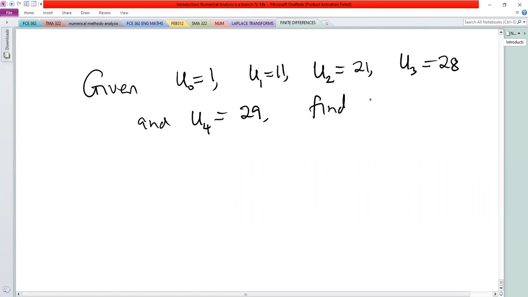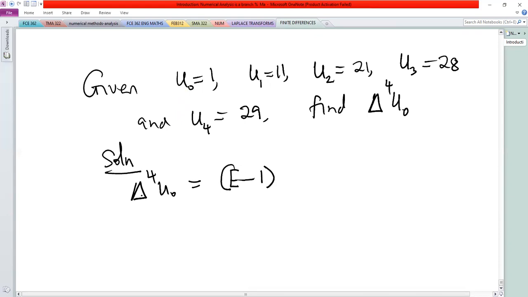Find the fourth forward difference of U0. So solution for this. So forward power 4 of U0. So just change this one to shift, which will be E minus 1 power 4 U0,